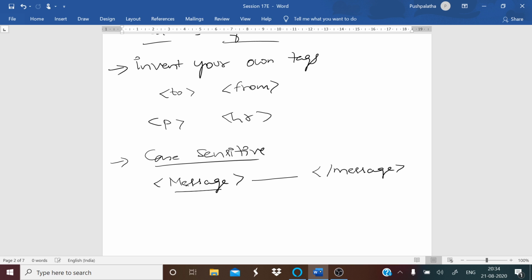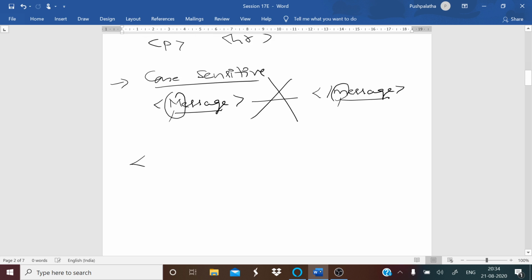As you know, this is the start tag and this is the end tag. These are known as the container tags. So see here, M and m. This is a capital letter, this is a small letter. So this is not valid. You have to give it in the same way: message, give the matter and message. So this is what is right.